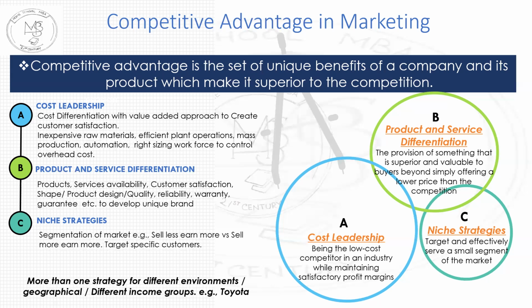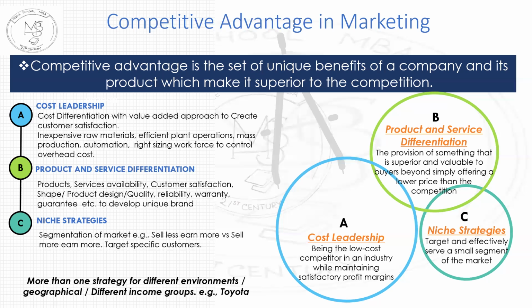Now, most of the elements that come under service, since services cannot be seen, we can measure the services by looking at the warranties and guarantees that the company offers to the customers. And in warranties and guarantees, the most important is the replacement policy or upkeep policy or maintenance policy that is offered by the company. So the customers would definitely be satisfied if these areas are looked upon and